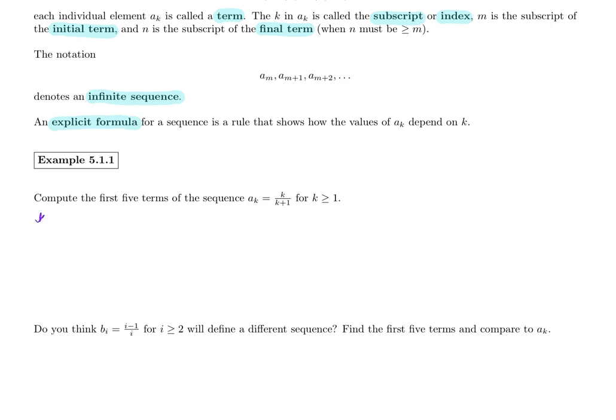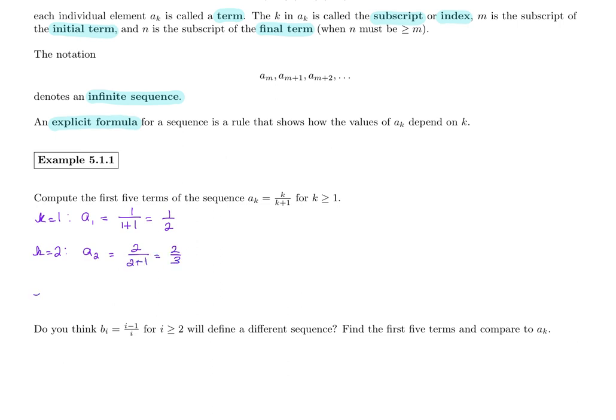So for our first term, we're going to let k equal 1. If that's the case, we get a sub 1 equaling 1 over 1 plus 1. Literally anywhere that I have a k, I substitute in the number 1. In this case, I get a sub 1 equals 1/2. If I let k equal 2, I get a sub 2, which is now 2 over 2 plus 1, or